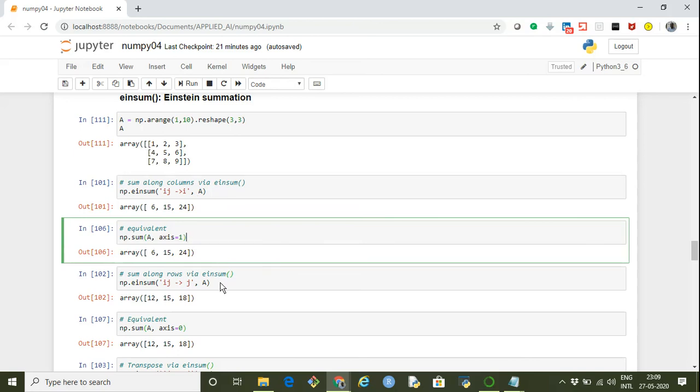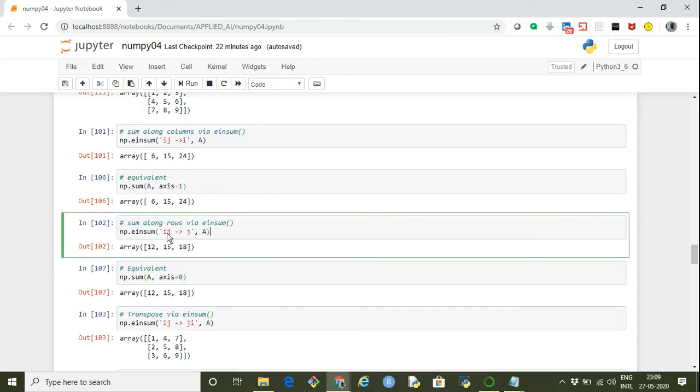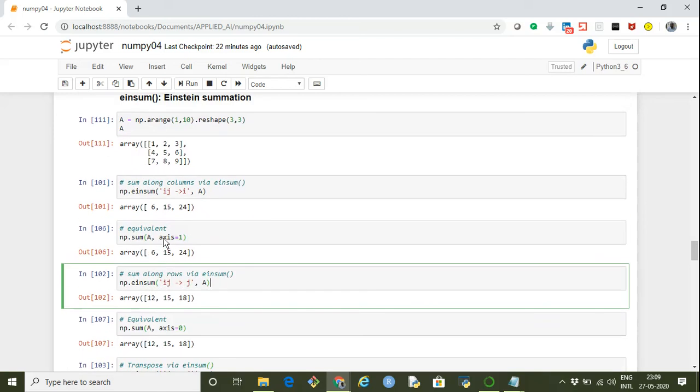Now if we have to find the sum along the rows, then we give np.einsum. Within single quotes we give i comma j, which represent axis 0 and axis 1. In the output we say it should have only one axis, j.